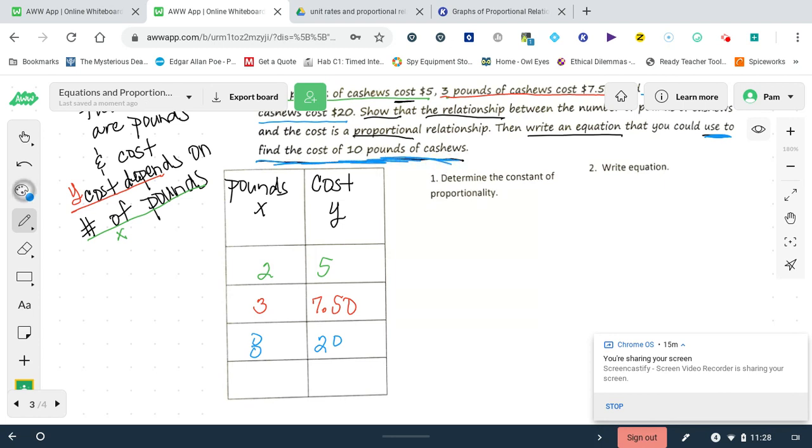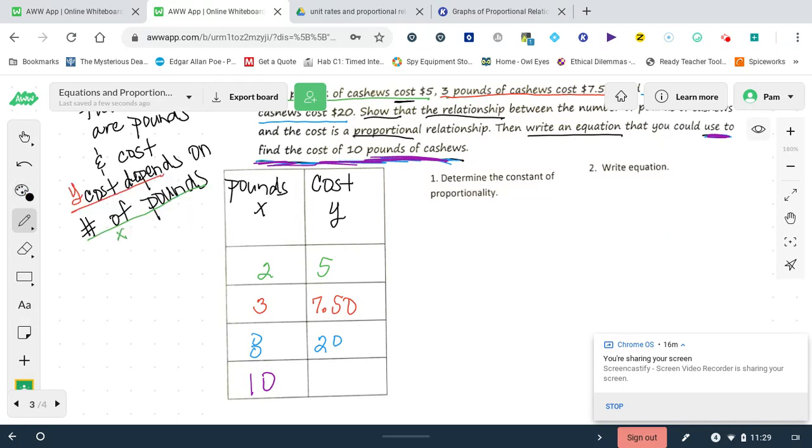So I'm going to go ahead and put 10. Use it to find the cost of 10 pounds. So 10 pounds is going to go right here. Therefore, I'm going to be missing that one, the cost there. All right, now I just need to check and make sure that the table is proportional. So I'm going to start off